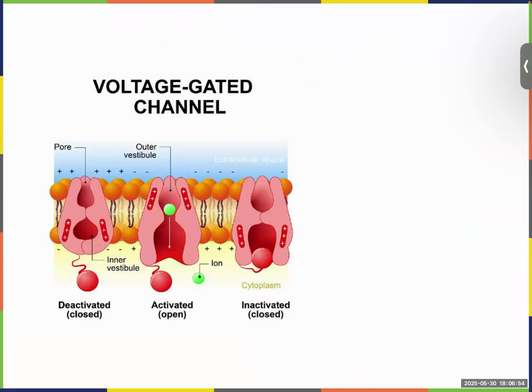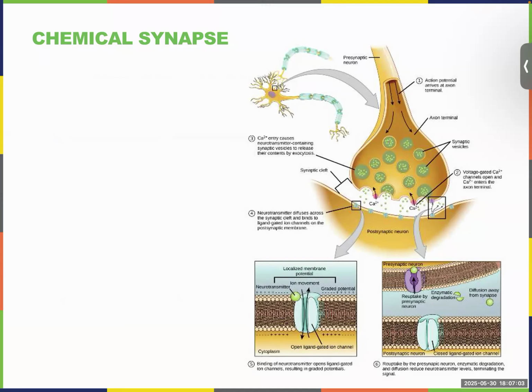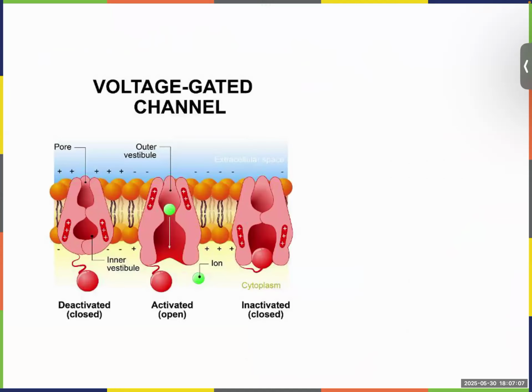A voltage-gated channel instead of a neurotransmitter. So this one here is a ligand-gated channel where the neurotransmitter bound to the receptor, which happened to be an ion channel to let them in. A voltage-gated channel instead is going to sense the changes in the charges across the membrane. So on the far left is a deactivated or closed ion channel, or voltage-gated channel. It's closed,